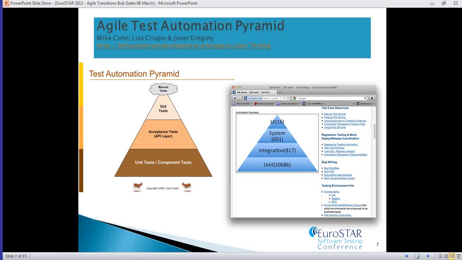To the right is actually an example from iContact. It's an example of our investment. So I just wanted to prove that I practice what I preach, and this is a snapshot in time, I think it was 4 or 5 months ago, of our mix. For UI, we had 16 UI-centric Selenium, workflow-oriented, gold feature workflow-oriented tests.